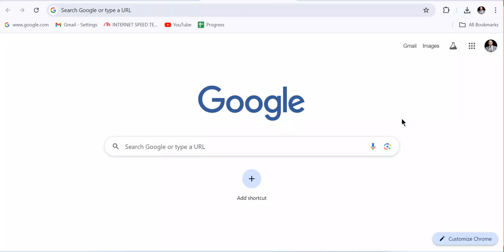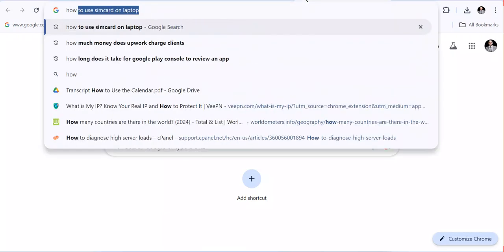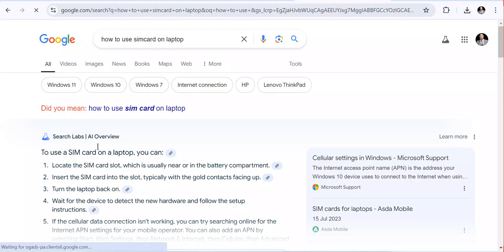In this video I'm going to be responding to the question of one of our friends, who asked about the specific driver he or she can use to use the SIM card on the laptop. When it comes to using a SIM card on a laptop, you can find various details and information. For instance, if you type how to use SIM card on laptop, you're going to get different information